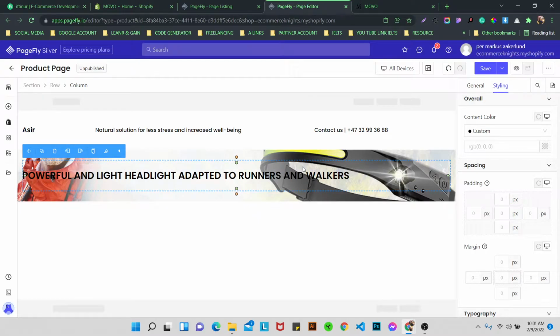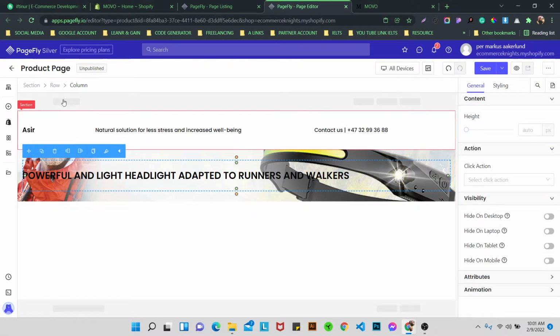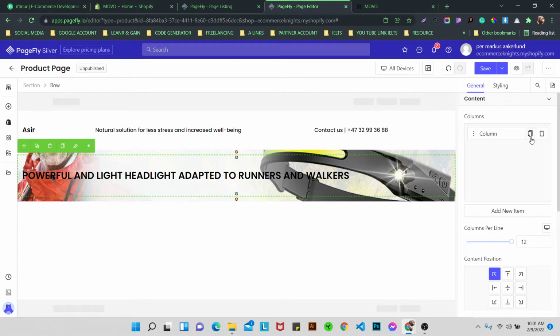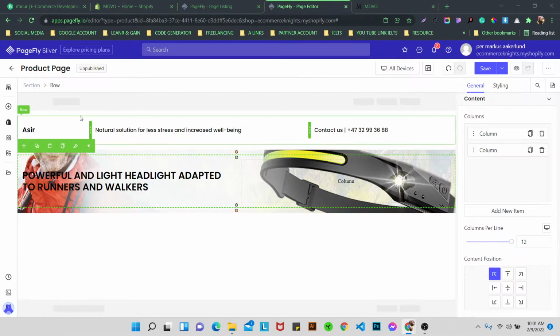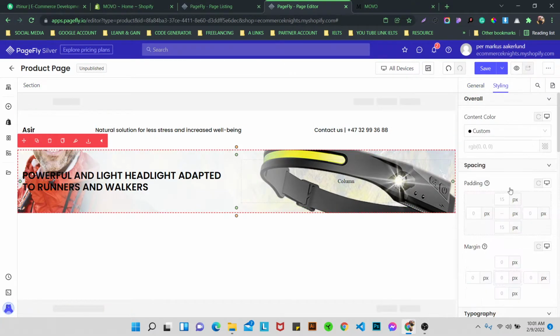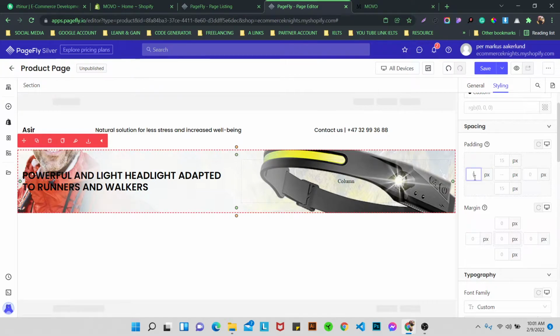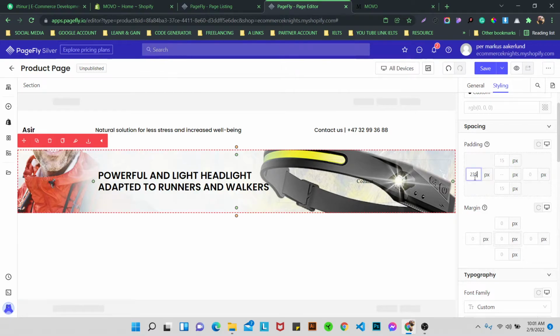So let's go general, make row, add a column. So here it is. Now I'm going to add here padding 235. Okay,